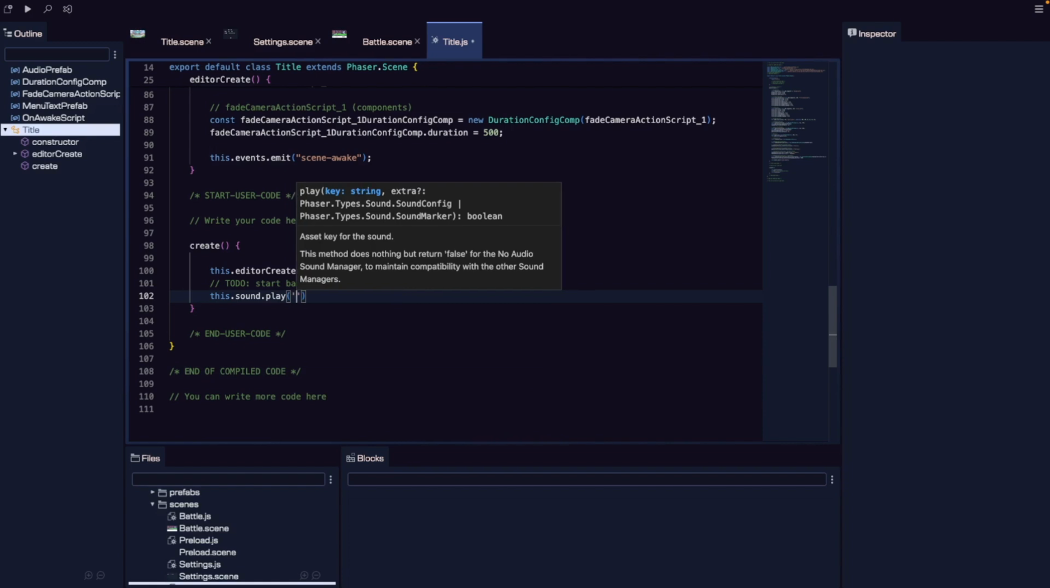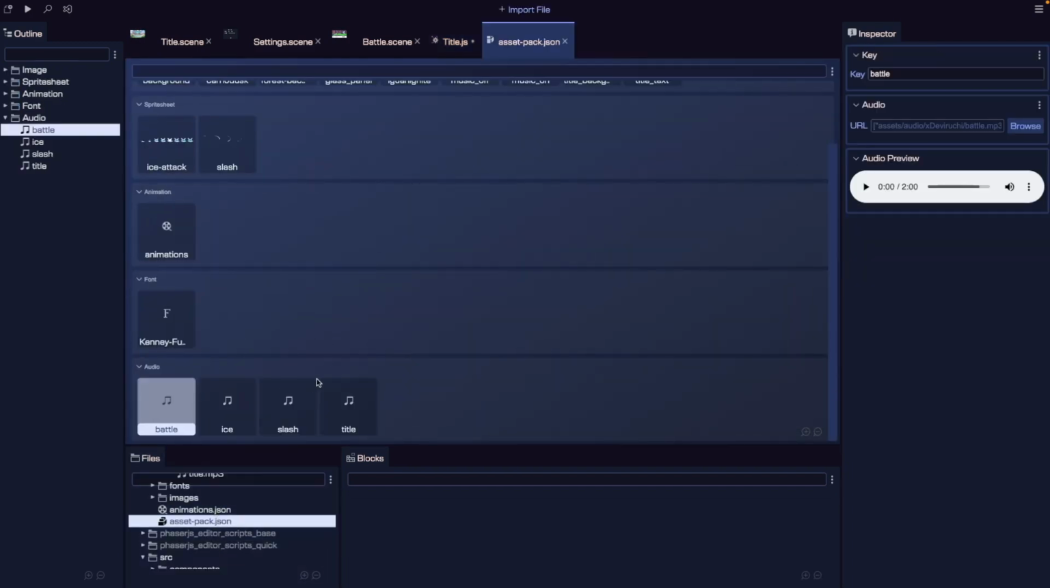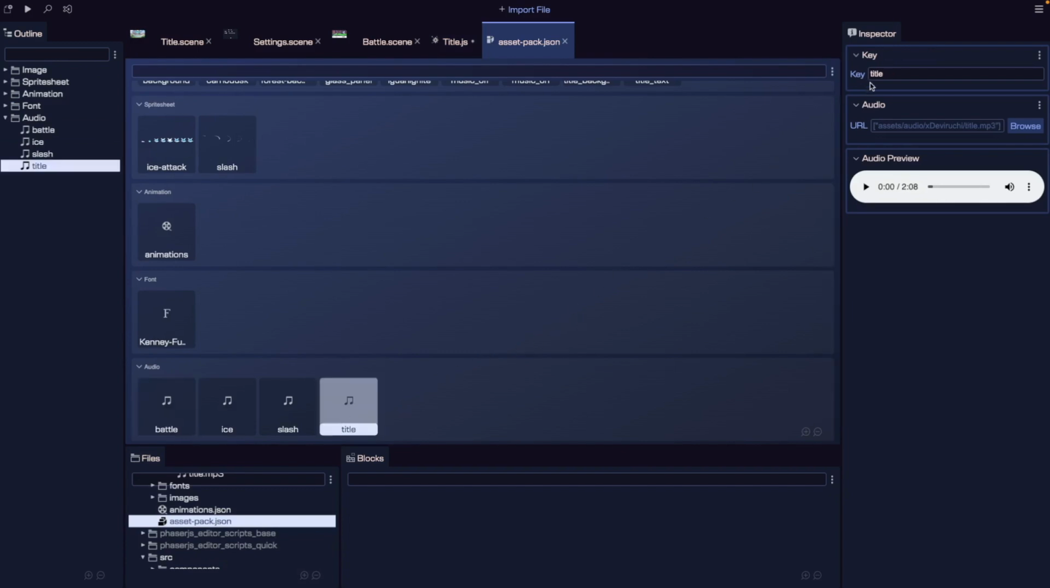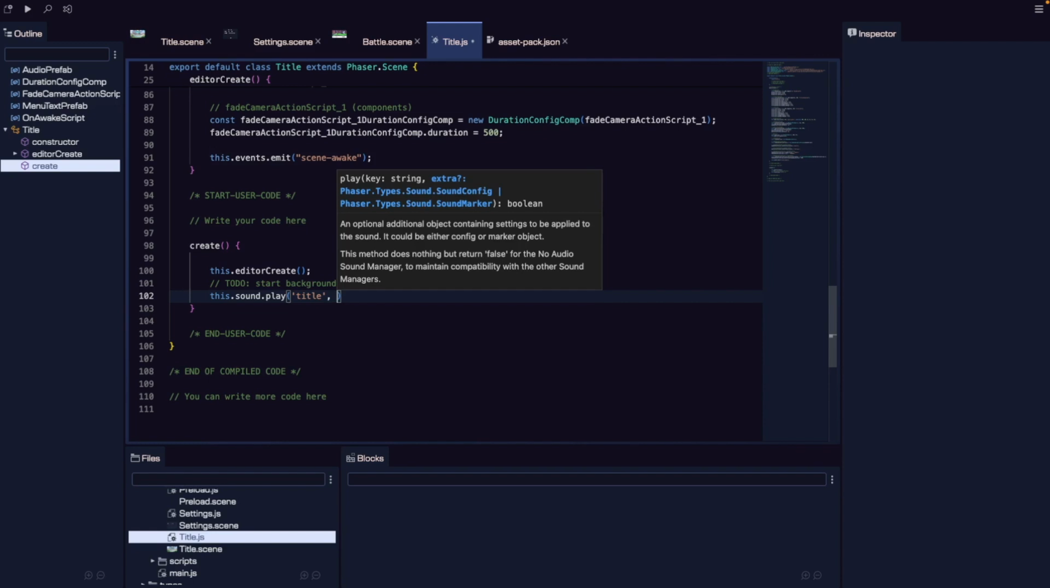First is the key of the audio file we want to load. So this will be our key from our asset pack file. So for our title screen, we'll want to play our title key here. So we'll add in title. And then for our second argument, this is an optional object that allows us to apply settings to the sound